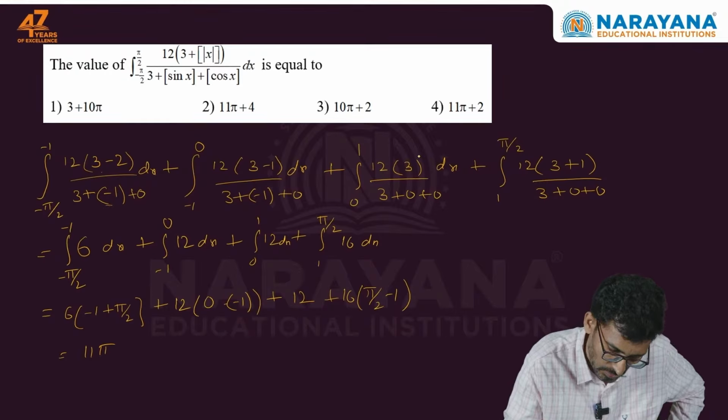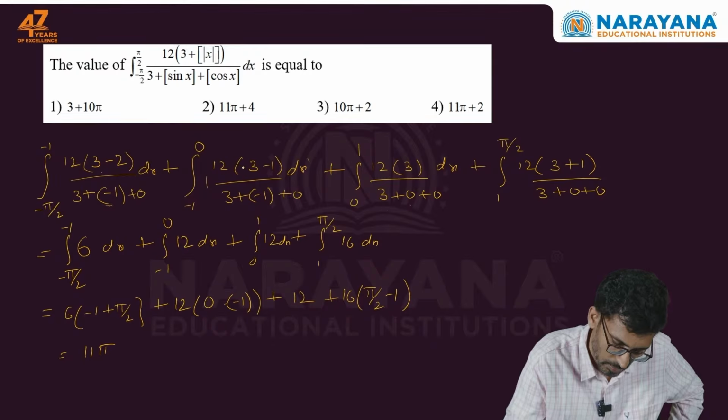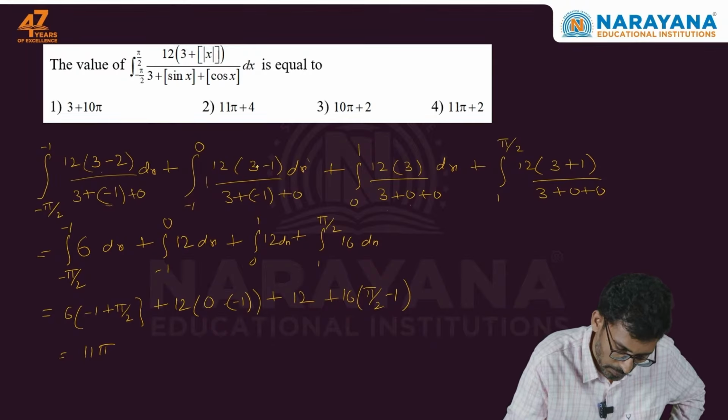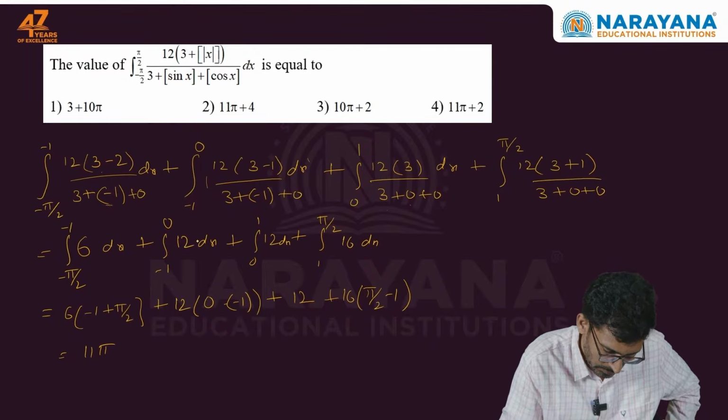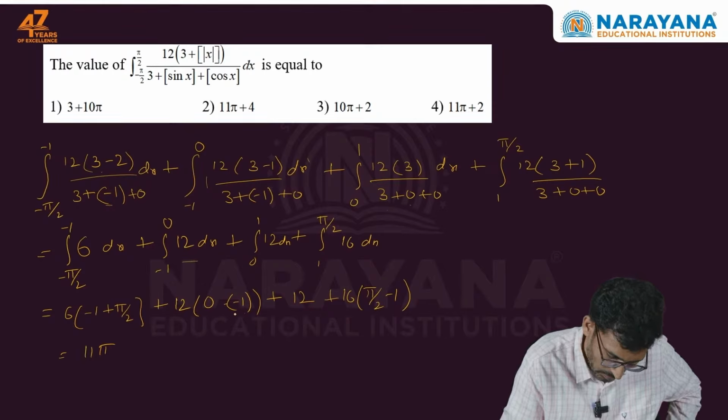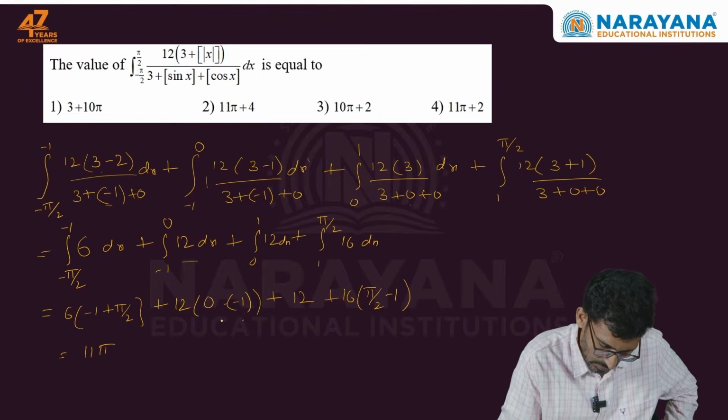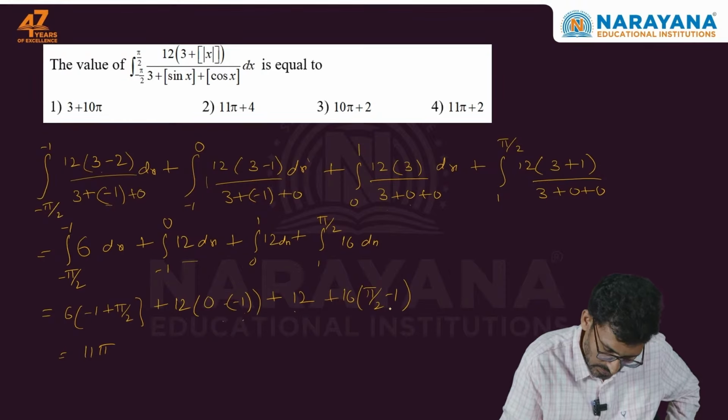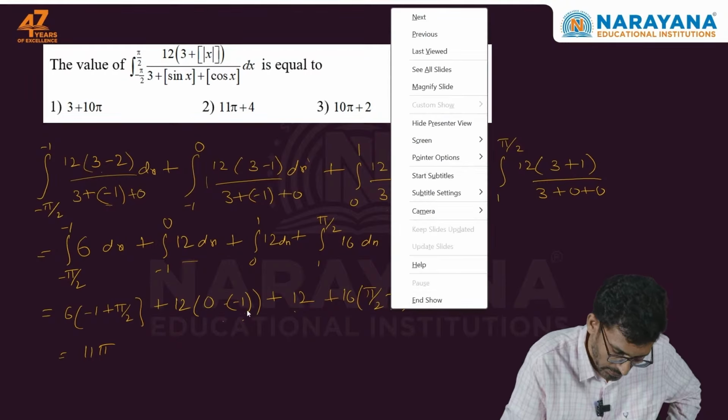Let us check this also. What we are getting, 12 into 3 plus 3 plus 0 into 0. So we are getting 12. And in the second one, we are getting 12 into 2 by 2, which is equal to 12. So 12 into 0 minus of minus 1. So 12 we are getting 24. So 24 minus 16, 8. 8 minus 6, which is equal to